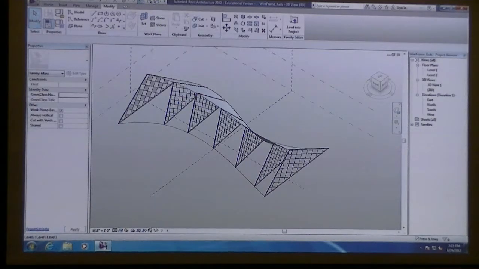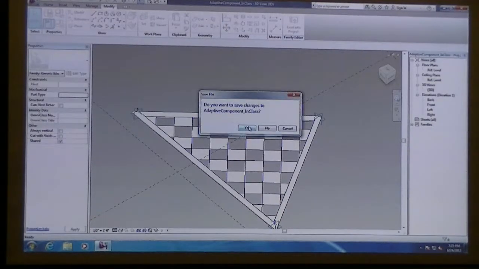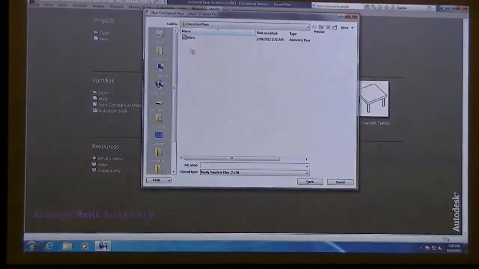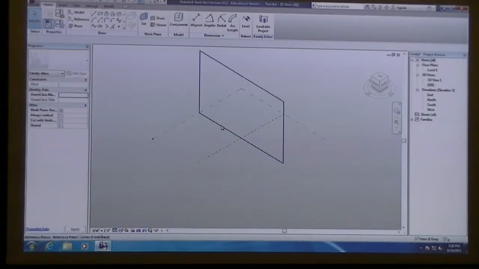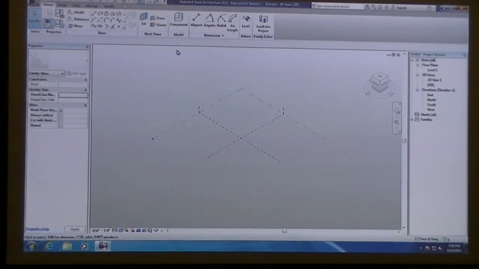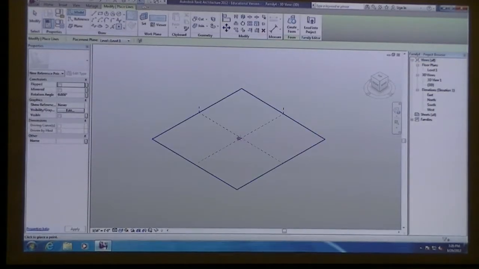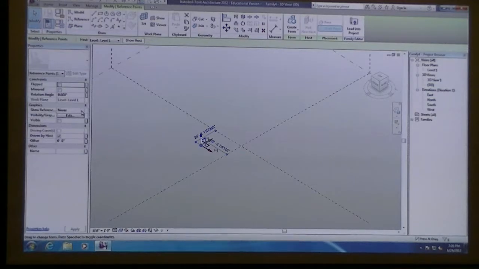I'm going to close out of each of these, and I'm going to start a new conceptual mass. And let's go ahead and place a point element. I'm going to place it and then turn on its reference planes by clicking on it and saying show reference always.